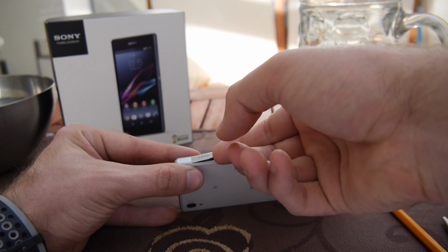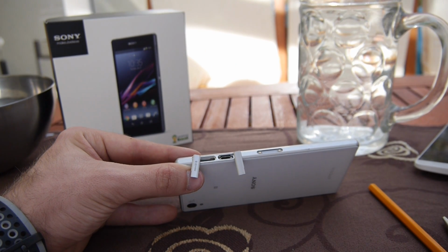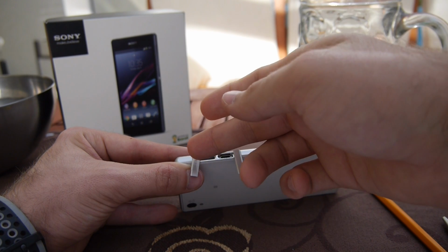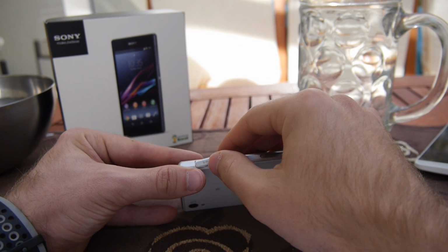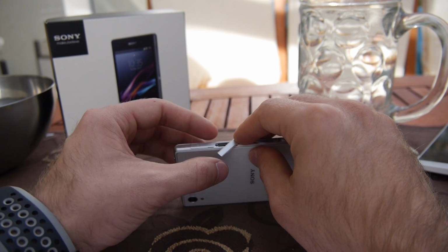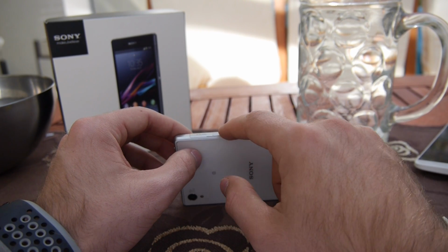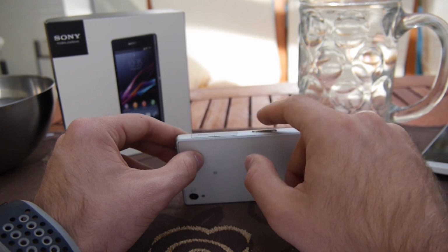Internally we have 16 gigs of internal memory as far as I know. But we have the possibility to extend it via micro SD with another 64 gigs, so you have about 70 or 80 gigs at the end that you can actively use, since of course there's still Android installed. 2 gigs of RAM, and you actually never even have to use this micro USB if you don't want to,